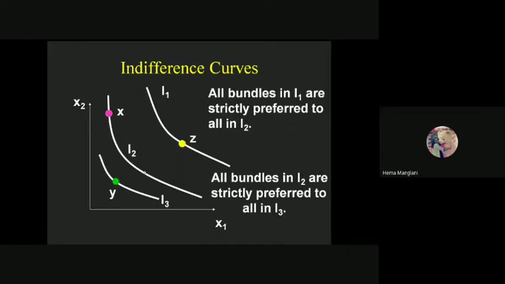Now coming up to this, we have here the three indifference curves. So one bundle X is here on the I2, another bundle Z is on the I1, and there is another bundle Y that is on the I3. So all bundles in I1 are strictly preferred to all in I2. As we know by the definition of indifference curves or map, the higher bundle shows the higher level of utility. This shows that...